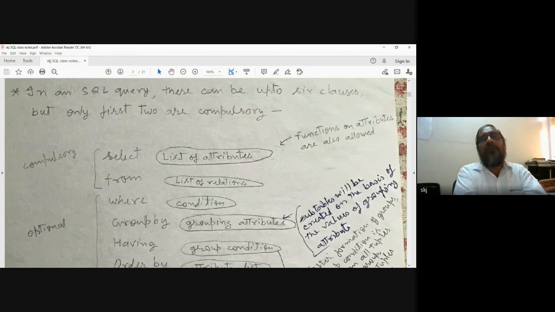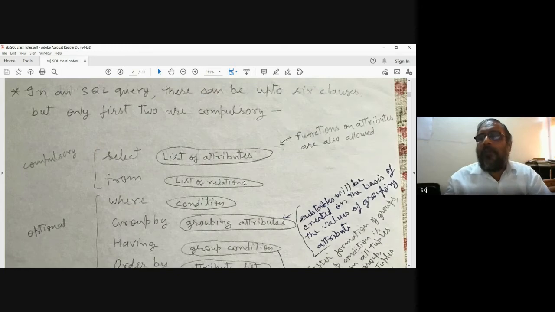So when I say a query is one sentence, then we assume it should have a few clauses. So in an SQL query, there can be a maximum of 6 clauses, or one can say 6 parts of a query, and each clause has its own specific purpose. Out of 6 clauses, only 2 are compulsory, and the remaining 4 are optional.